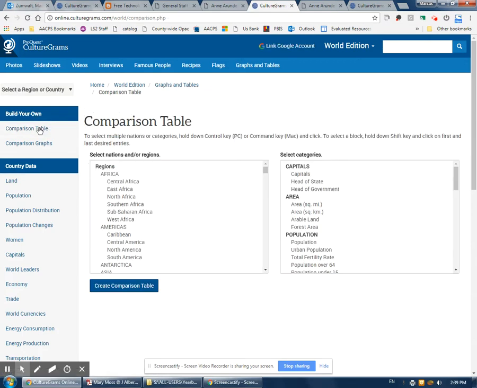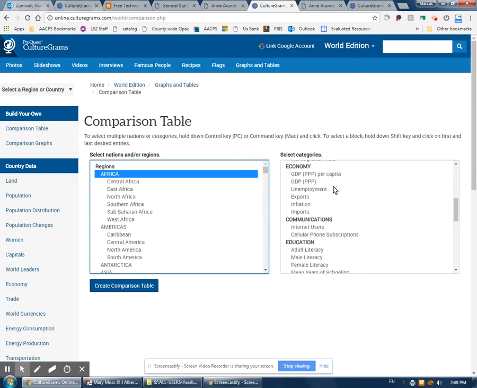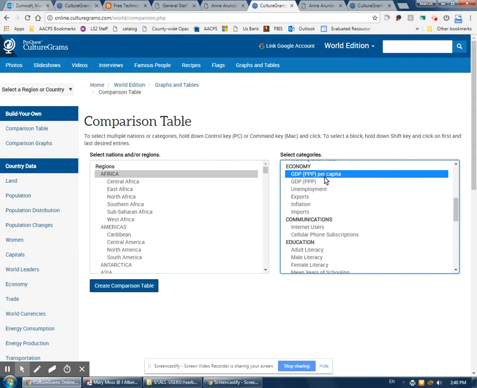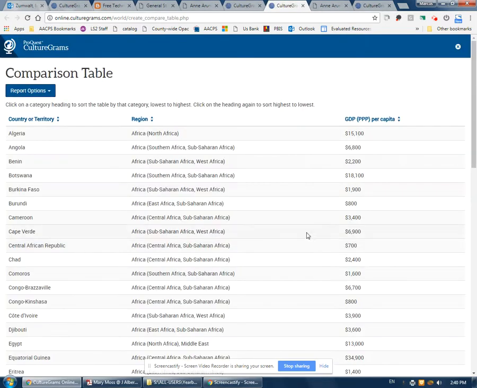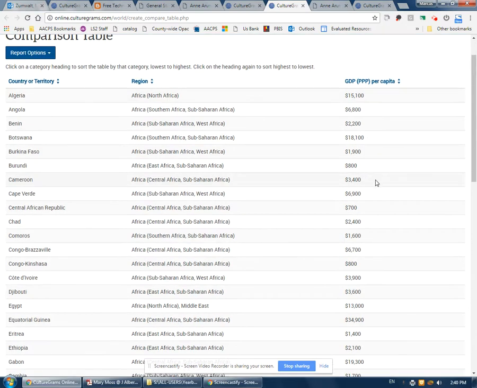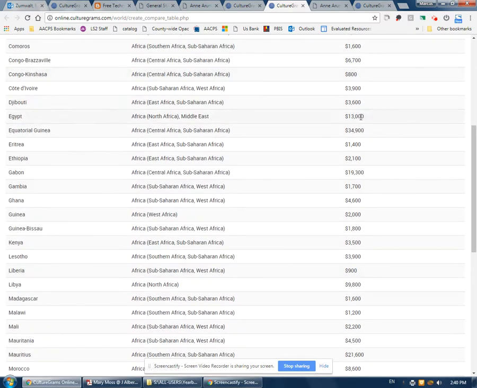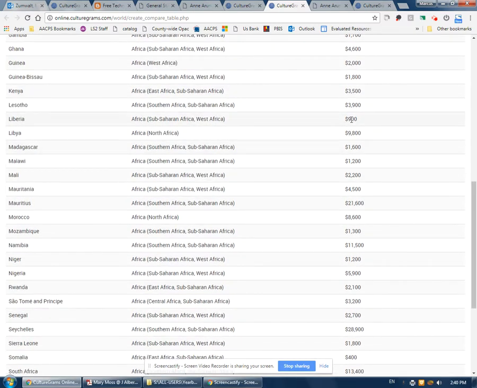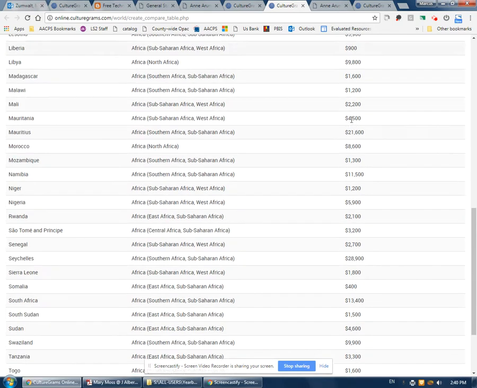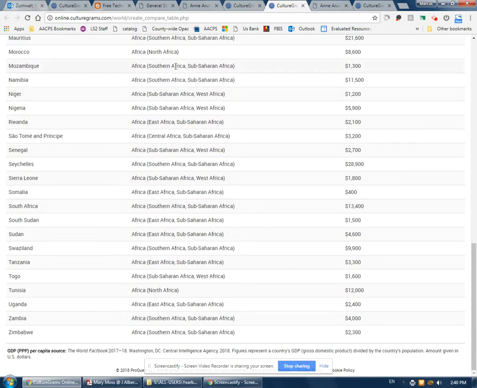So you can click on this comparison table, and you can click on all of the countries in Africa. You can go down, you can click on that per capita GDP and create a table. And it will actually go through and show you all of the different countries and what their GDP is. And you realize very quickly that even among countries in Africa, $900 is an incredibly low GDP. Most of these countries have GDPs in the thousands. There are a couple, 800, but you get down to Liberia and you see that it is among the poorest countries in the entire continent, although not the poorest.